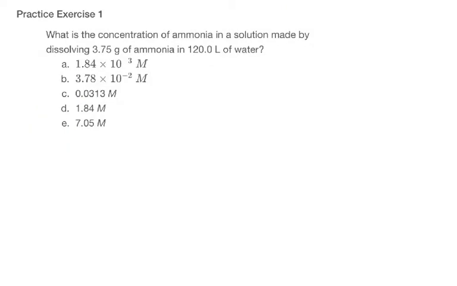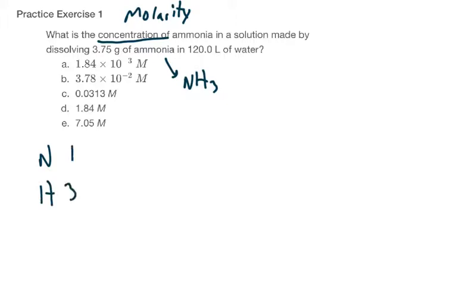Another multiple choice here. They want to know what is the concentration. Whenever you see the word concentration, they're asking you for molarity. So they want to know what is the concentration of ammonia in a solution made by dissolving 3.75 grams of ammonia. Ammonia is NH3, so that's our solute. We need to find the molar mass of it and convert it to moles. So we got 1 of these, 3 of these,